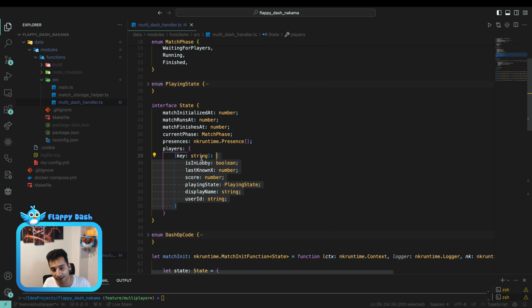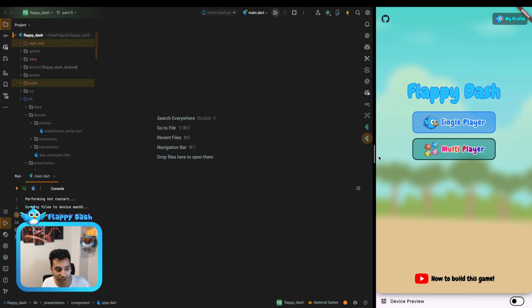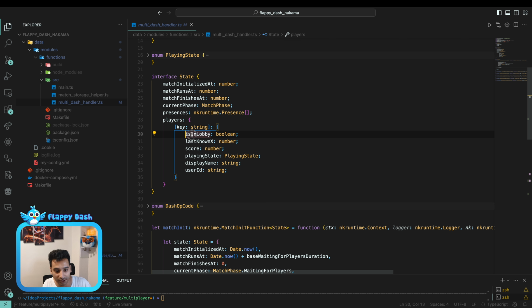So for example, we can keep track of the is in lobby boolean. So this is something that, for example, when you click on multiplayer, you are going to join the match but not join in the lobby. So this flag is false, and when you click here, the is in lobby flag is going to be set to true, and you will see yourself here. So this is the flag that we use for the lobby.